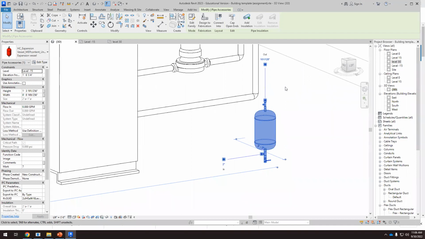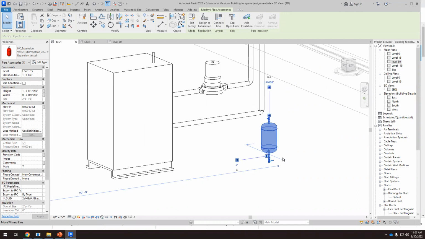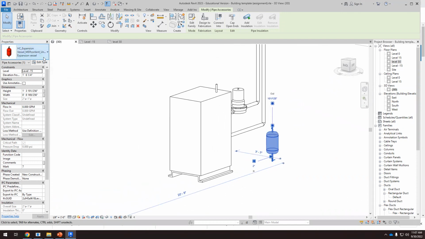In other cases, we have an expansion tank with only one inlet, and this is the pipe. There's a valve here, and when we need to release the water from the main circuit, we release the water into the expansion tank, and then when there is a sensor, and when we need this water again, it goes back through the same pipe. So there are two different kinds of expansion tanks. We are not experts on expansion tanks, but in this case we have the inlet and outlet, and in the other version of the expansion tank, in this one,